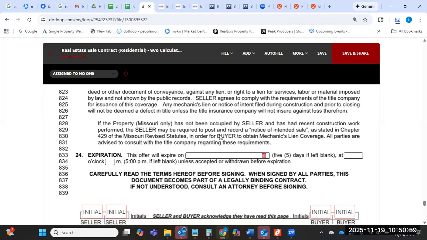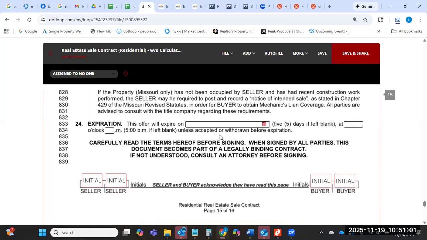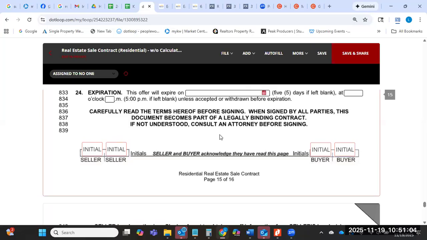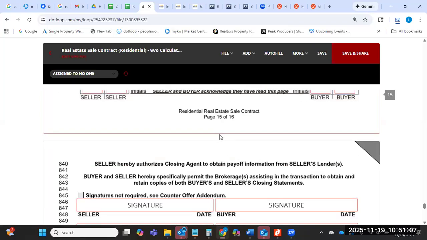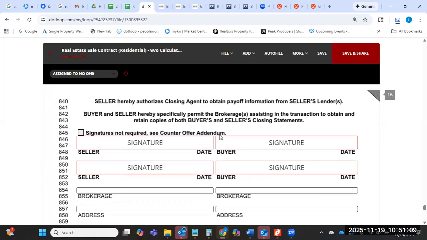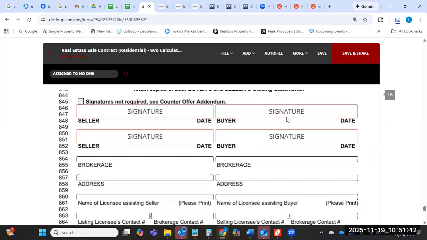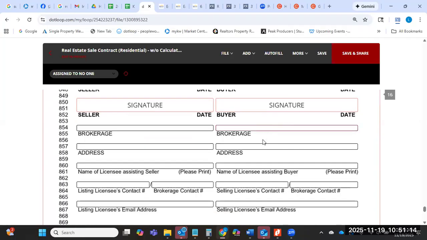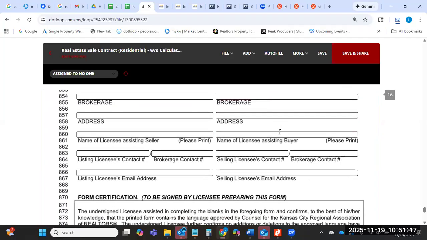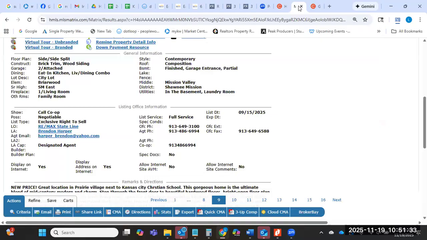Another question for you to ask though, when you're talking with the listing agent in that initial conversation, is the seller available? Do I have to allow extra time for an expiration? When can you get with the seller here? So your buyer's going to sign here. You will be filling out all of your information and your brokerage information on the buyer's side over here, the right-hand side. You are also, as a courtesy and makes your offer look super good, going to be filling in the listing broker's information and the listing agent's information, which again, coming back over here to